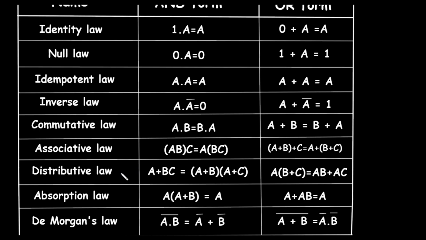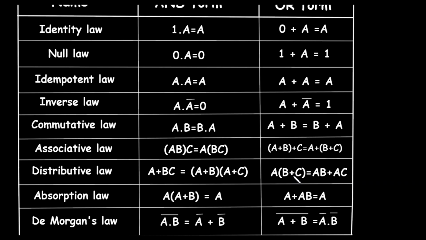Then next is distributive law. This is a crucial one for rearranging expressions. It shows how AND and OR interact. So it is for AND form. This works just like regular algebra, A and B or C. So here it is the same as A and B or A and C. Then for OR form,